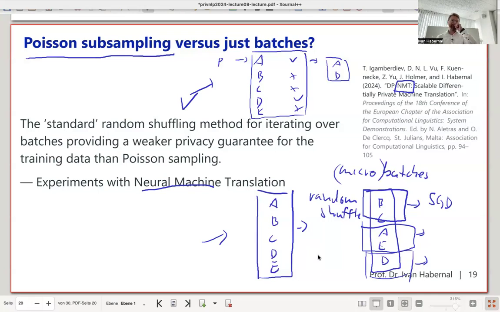Yes? One question about the subsampling. Yeah. Is the subsampling done once before you start training, or would you do it